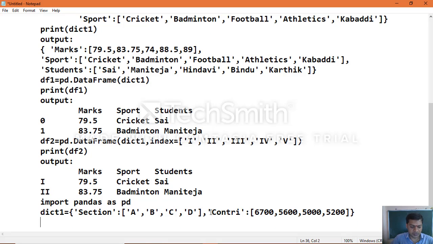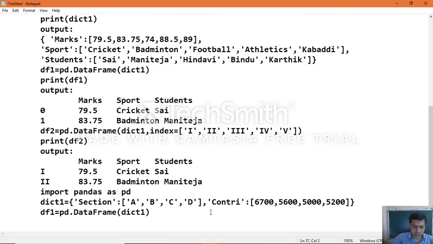Finally close the dictionary, then create the data frame object df1 equal to pd.DataFrame of dictionary. Whichever object name we specified, the dictionary data which we created, you can pass to the data frame constructor and create that data frame object.